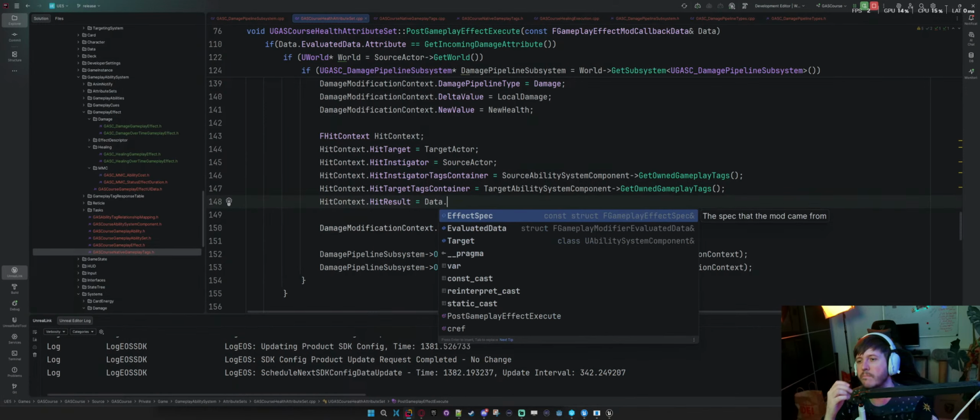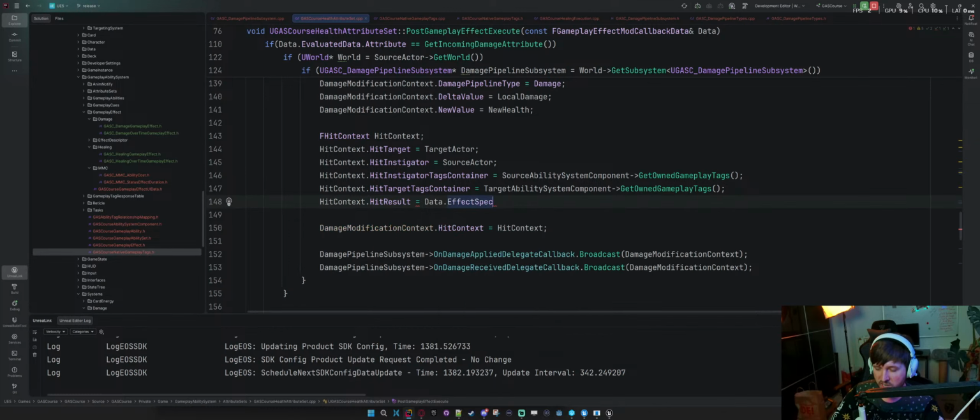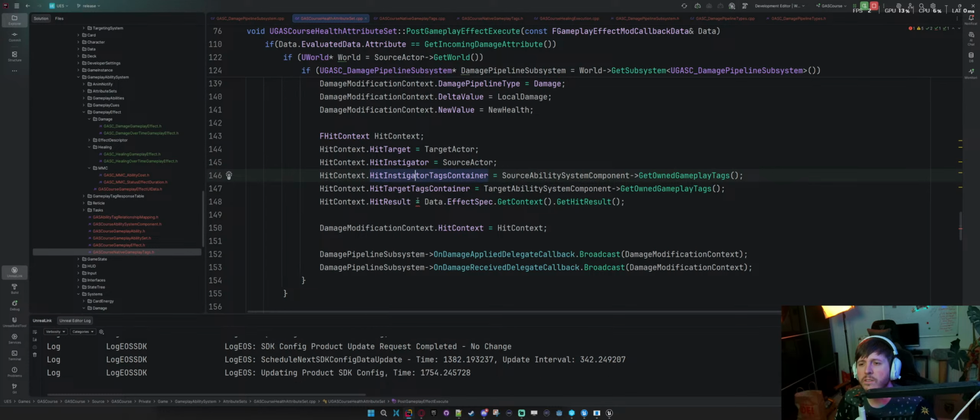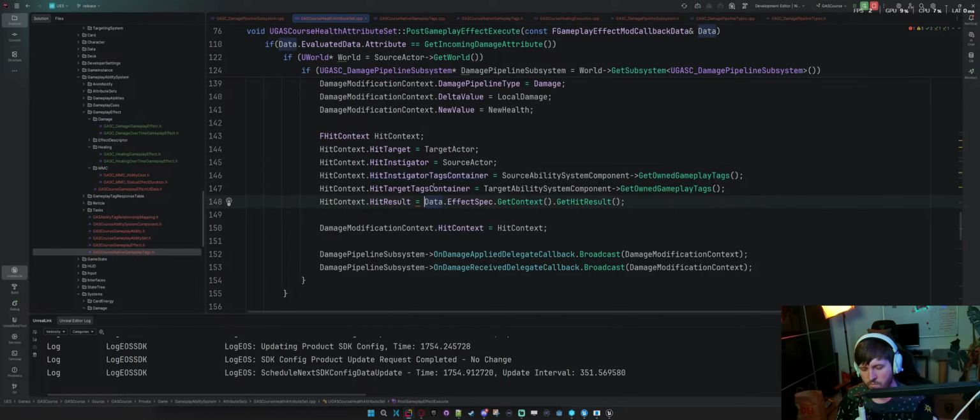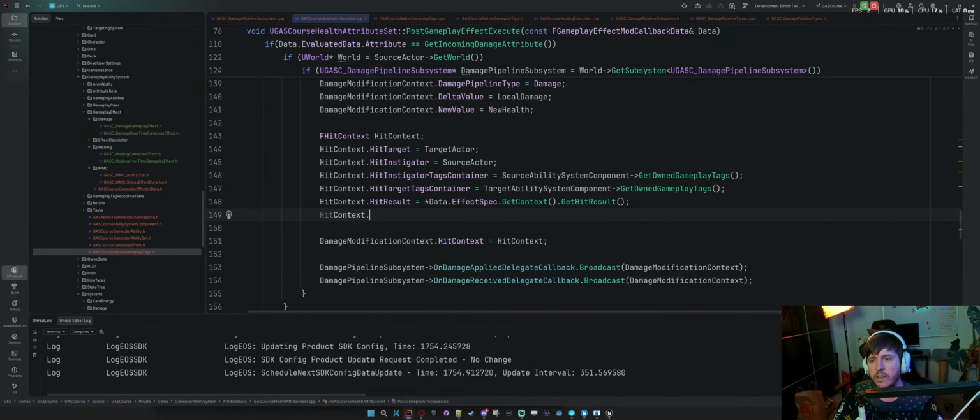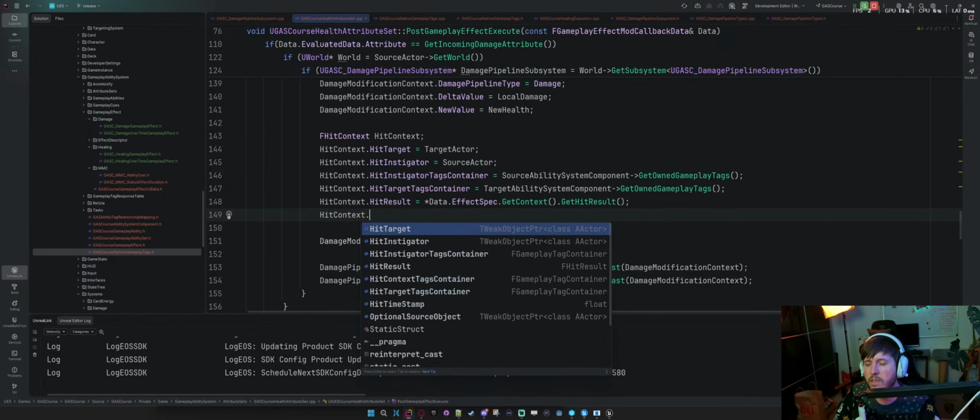Data dot, there's that, there's the gameplay spec. Is there, yeah, context hit result. Okay, so what's wrong here? Okay, good, I hope.